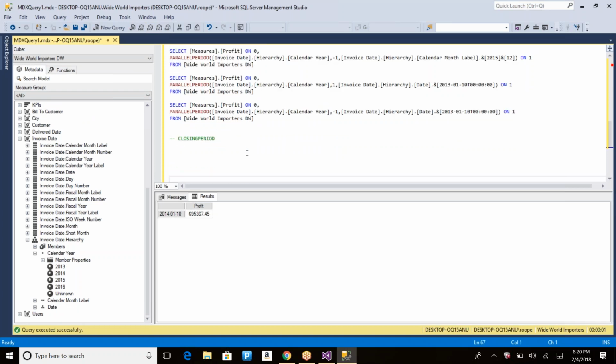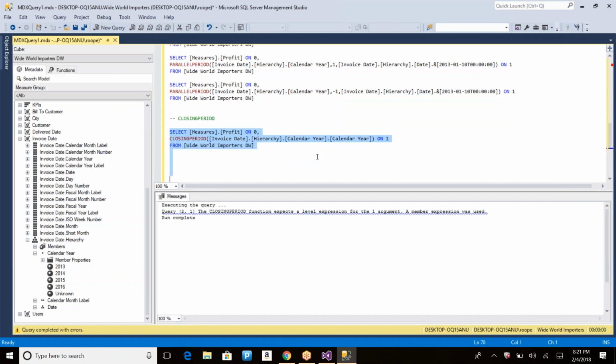So let me take this sample query. If I don't know until what extent I have data, see, we are in 2018 now, but the data available in the Wide World Importers database is only up to 2016, right? So you don't know up to what level you have data. So you can use the closing period to get your hierarchy closing period, which means the last member that you have in a particular level. So if you execute this closing period for a year,